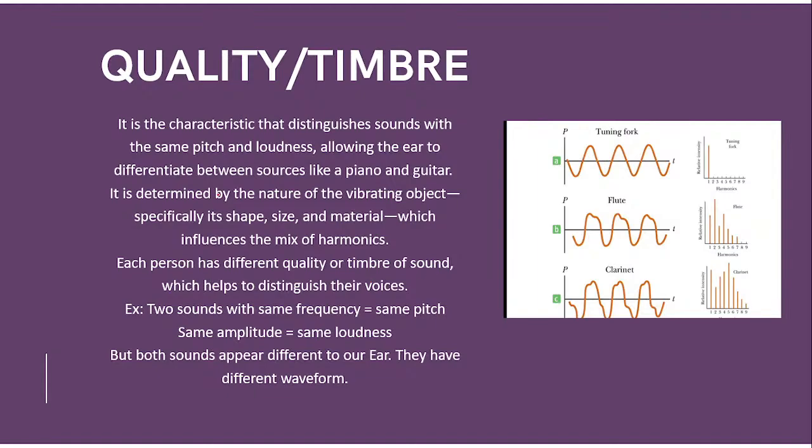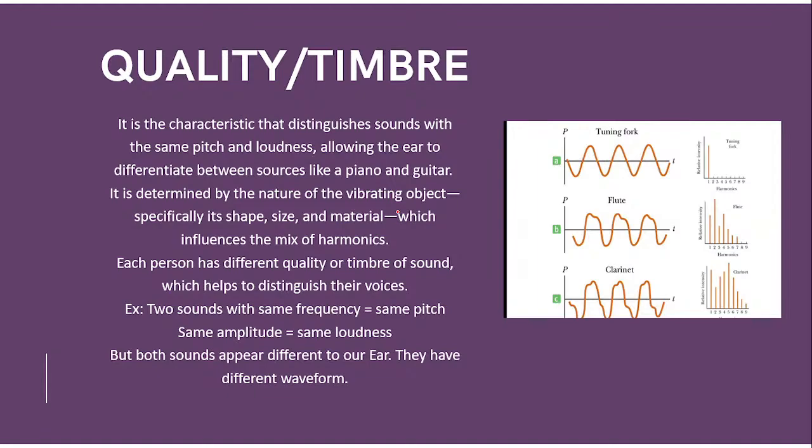Okay, so it differentiates between sources like a piano and a guitar, for example. यहाँ पे क्या होता है, it is determined by the nature of the vibrating object. What object is it? Is it a round shape? Is it a rectangle? Is it a guitar? You know the shape of a guitar, right? Is it a flute? Is it a drum? Based on the shape, the size, and what material it is made of,